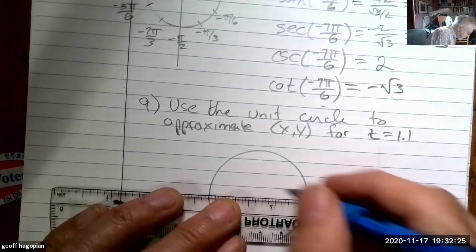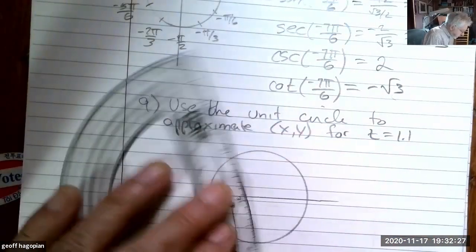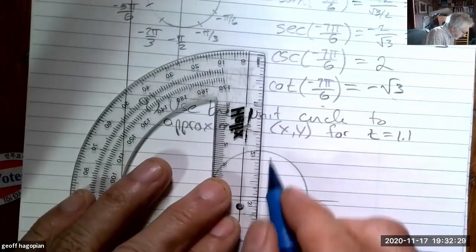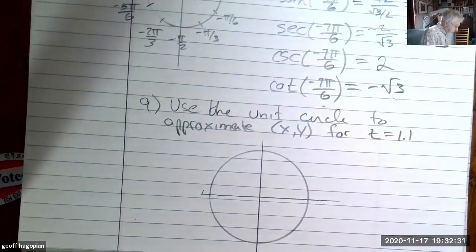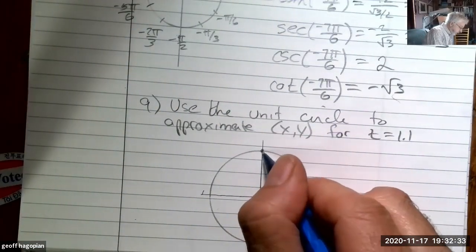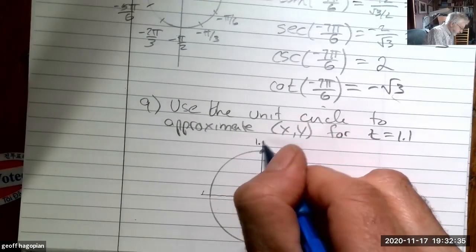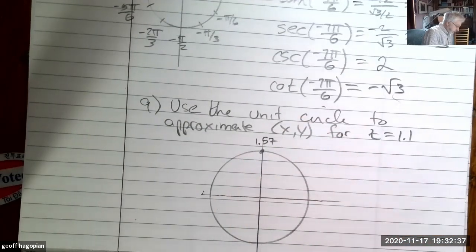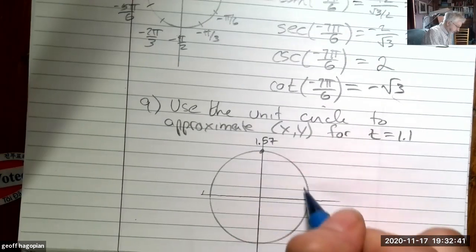Coordinate axes then. So this is 1.57 approximately. And we're going to use that to sort of estimate, well, 2/3 of the way up there is then going to be,